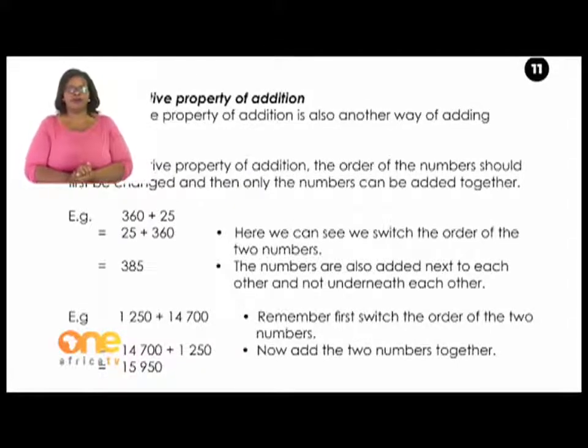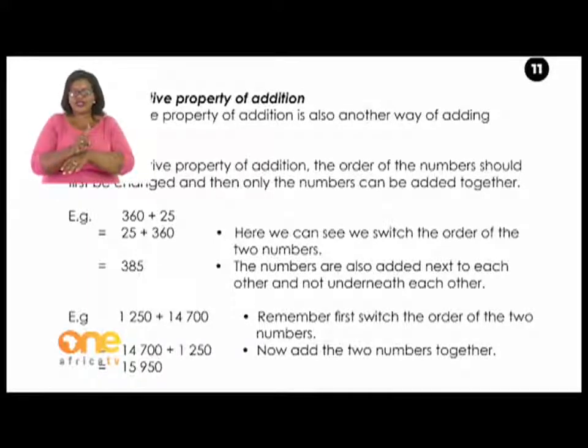Guys, let's try another example. 1,250 plus 14,700. Let's read. Remember, first switch the order of the 2 numbers. So we cannot add it yet. We first need to switch the order. Now let's switch the order. Equals. Now we write